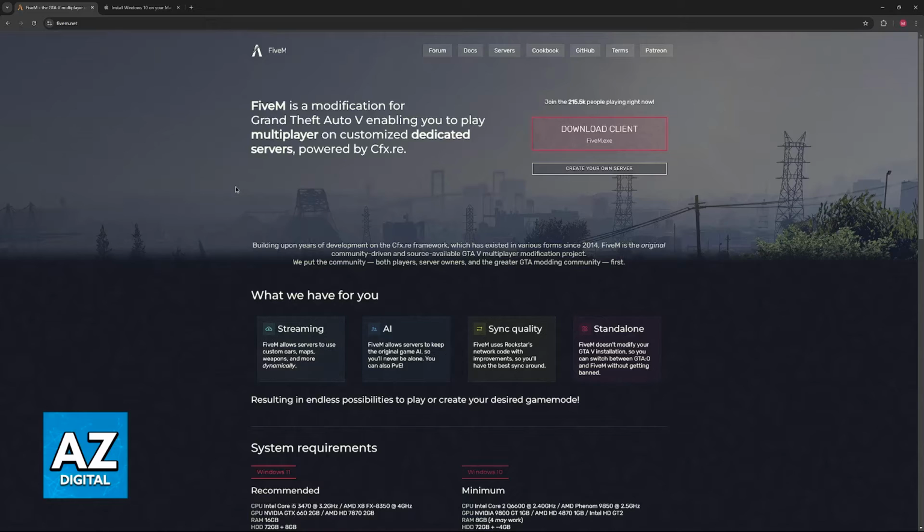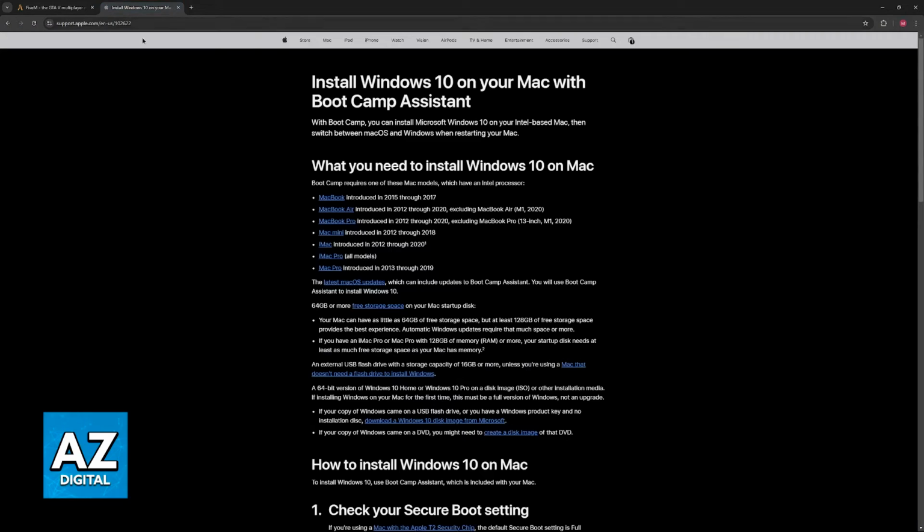First, you will actually have to install Windows on your Apple computer. This is something that is actually possible on a variety of Macs. So as you can see, the MacBook, MacBook Air, MacBook Pro, Mac Mini, and then iMac, Mac Pro. Now, I'm not going to go over the whole process in this video. This is something that you should look for on your own, and it is going to differ depending on the chip that you have on your Mac.